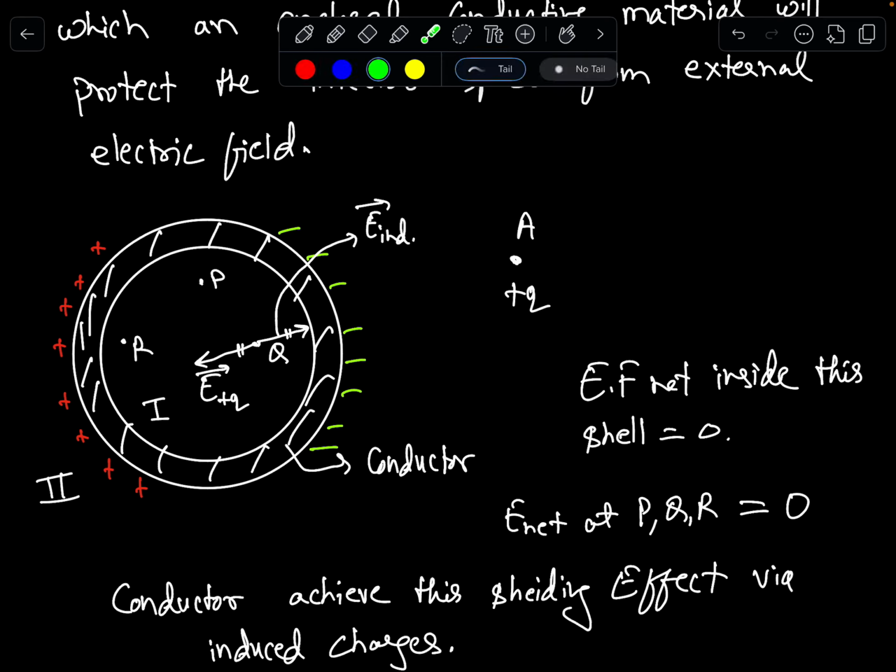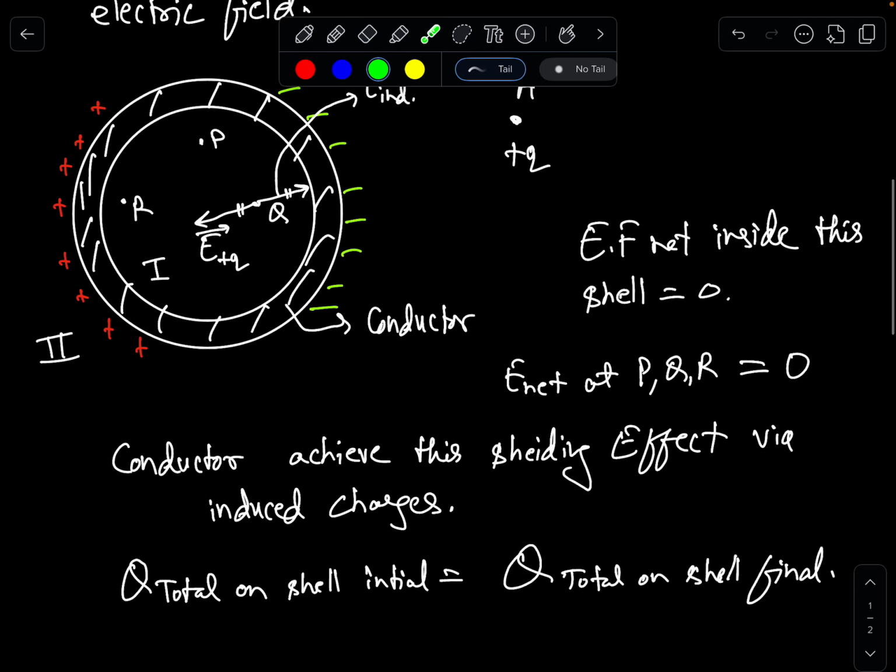Not only at that point, even at point P, this plus Q will produce an electric field in this direction, and the induced charge will produce an electric field in the opposite direction. At all those points inside this shell, the net electric field will be zero. In this way, there will be one electric field due to the plus Q charge kept outside, and exactly in the opposite direction, the induced charge will produce an electric field such that